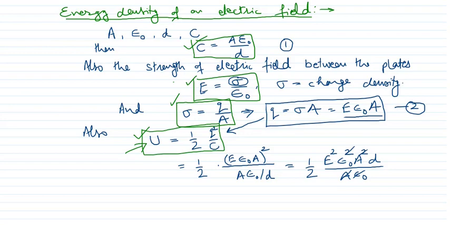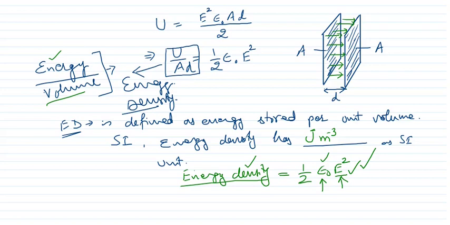Now to find the value of Q, we have to use the expression for sigma, and to find the value of sigma we have to use the expression for E. So by using these two expressions in combination, we are calculating the value of Q and we have to put the value of C directly here. Therefore here we are using equations 1, 2 and we put the values in the equation of the energy stored in the capacitor. After writing the values, you know very well what happens, and at last we get this expression.